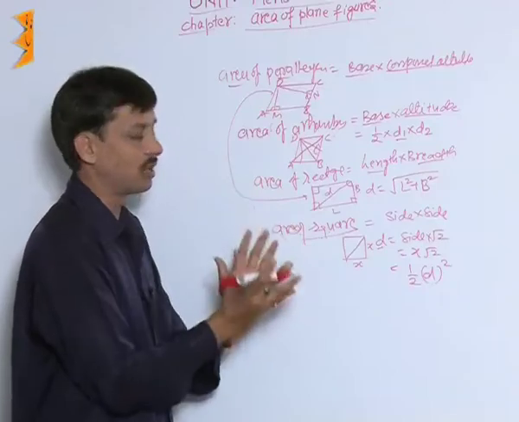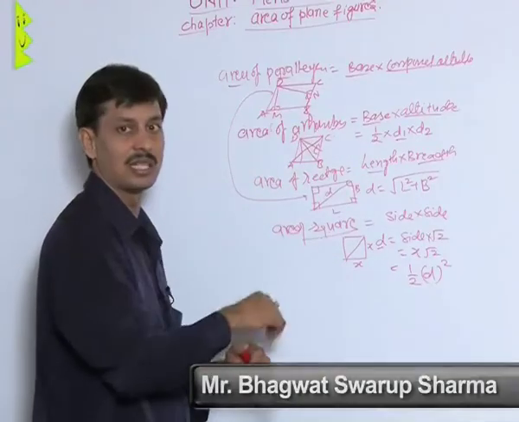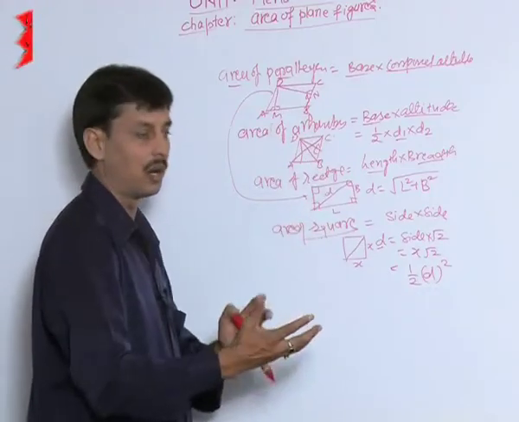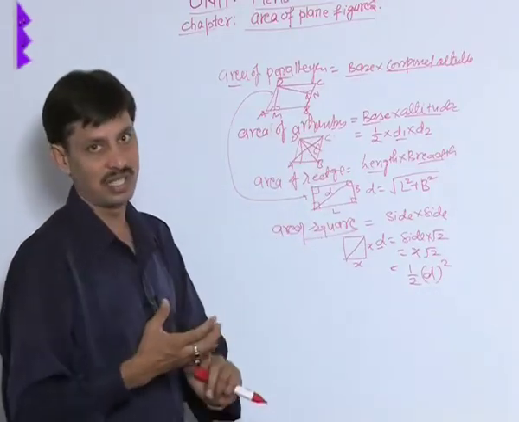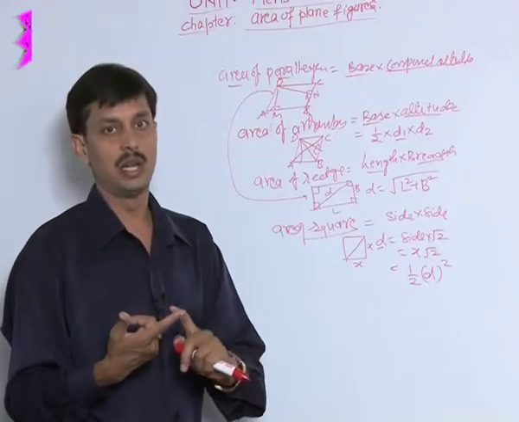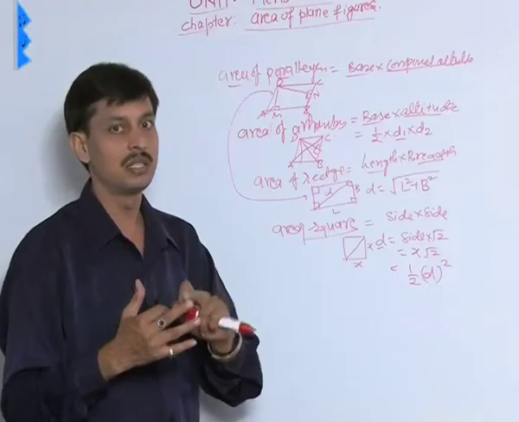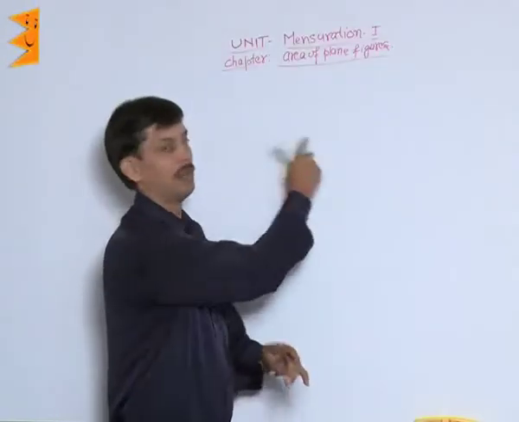So these are the results which I have revised. You all know them from class 9, but these will all be applicable for finding the area related to circles. And now I will explain what a circle is, what its circumference is, what radius, diameter, arc, sector, segment and semicircle are. The definition of a circle is related to the plane figure.